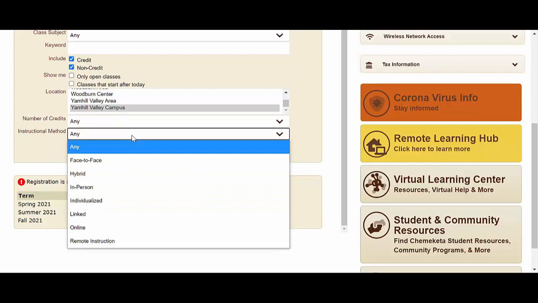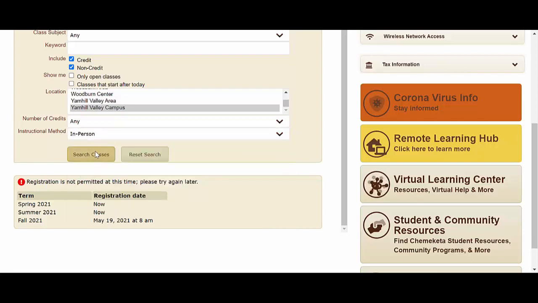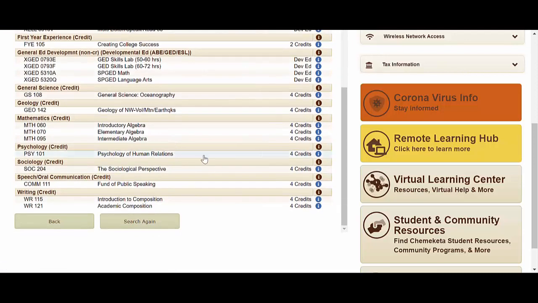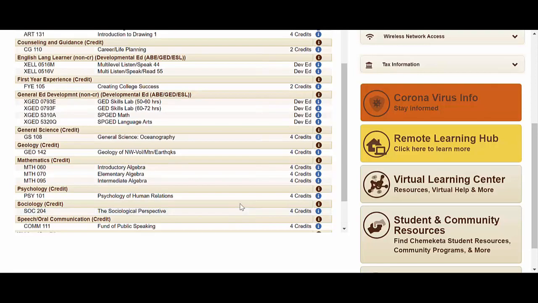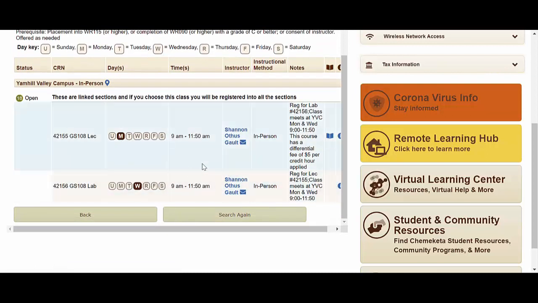The next one we'll take a look at is the in-person classes. So fall term, the Yamhill Valley campus is offering these classes fully in person. So we'll select this class to take a look at, and you'll see it's being taught by Shannon Othis Galt in person.